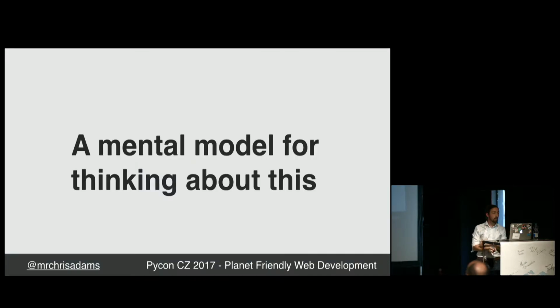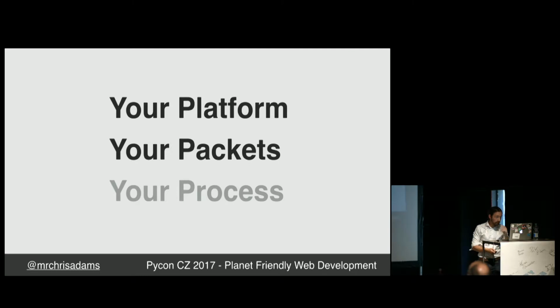So as I said before, I've been trying to come up with a mental model to help me take this stuff into account when I'm building websites or apps. And I'm going to share it with you today. I'm doing it because I think there's a lot of overlap between what's good environmentally and what's good practice when building digital products. And I also think that if you want to bring about the change that we need, then framing it in positive terms, like being awesome at your profession, is a much better approach than trying to shame people into action, because we've seen this not work for the last 40 or 50 years. So I've organized this mental model into 3 main areas, right? Your platform, your packets, and your process.